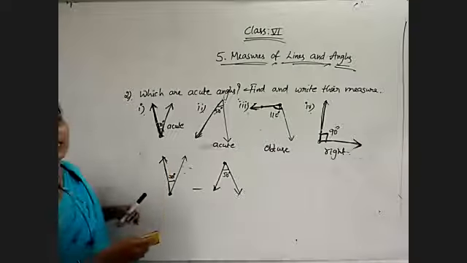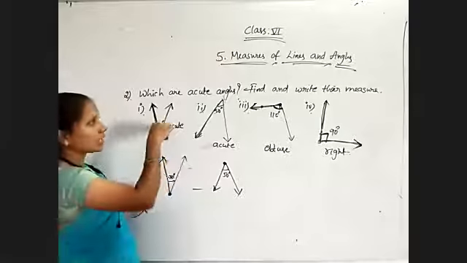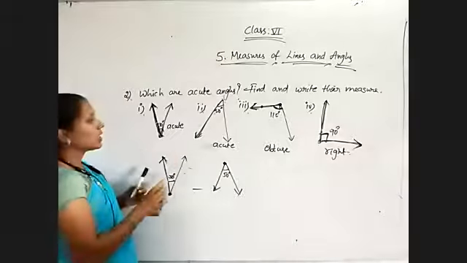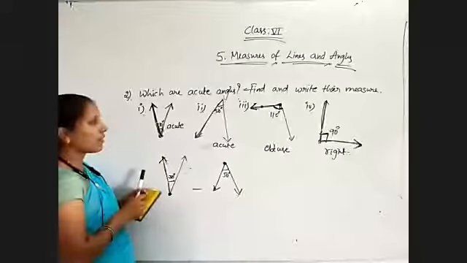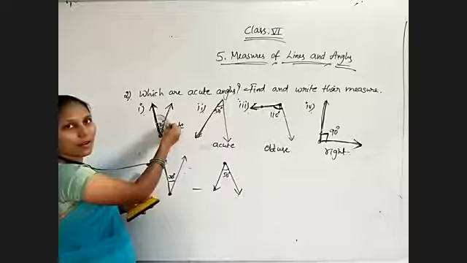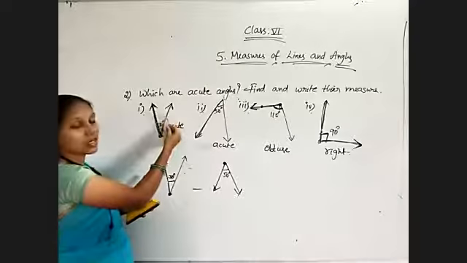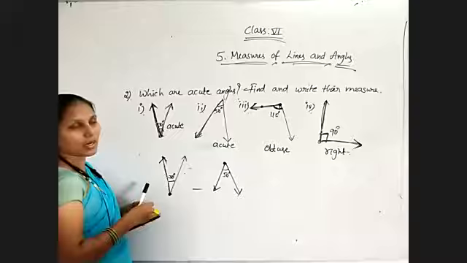So like this, we need to measure the angles by using the instrument protractor. However, they are given the arrows. Depending on the arrow mark, set your protractor. Don't always set it like this. Depending on the arrows, we have to set. Okay, depending on the rays, we have to set the protractor properly.